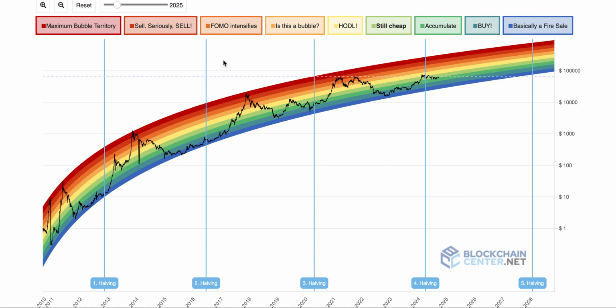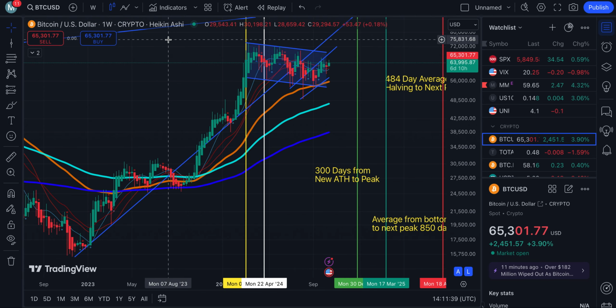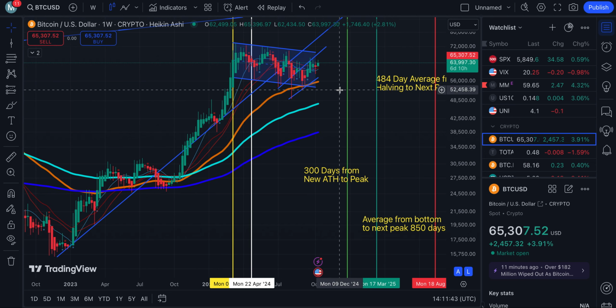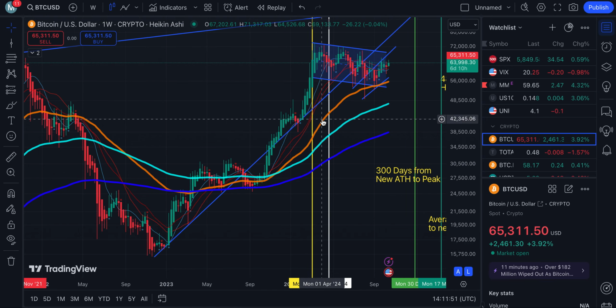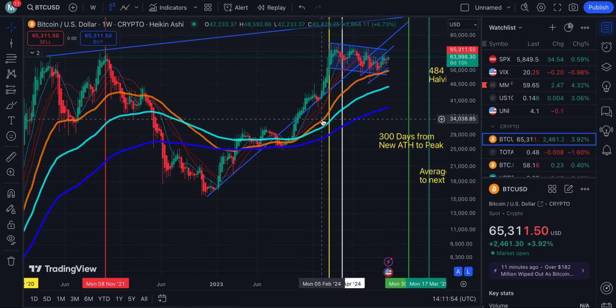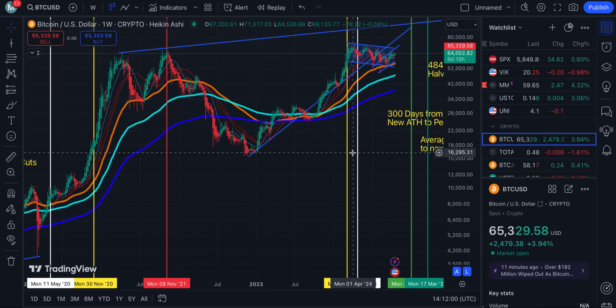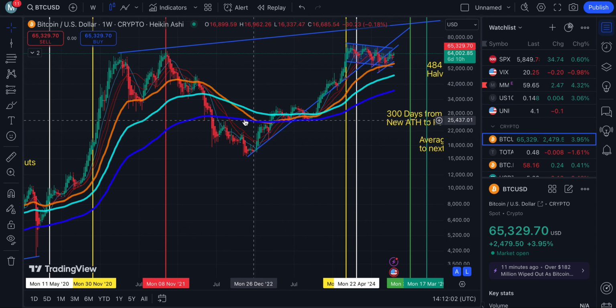So again, answering the essential question, is now a good time to buy? Well, just by going from the market bottoms to the eventual peak, you could say there's still a bit of room for crypto to run, at least on average from prior cycles, that the peaks will be somewhere up here. But then again, I want you guys to manage your expectations. There's two ways to look at this. One, if you're just a Bitcoin person, we've talked about where the next Bitcoin peak might be.